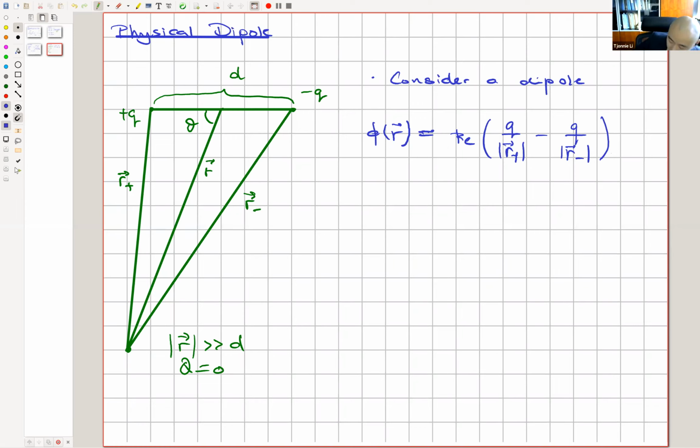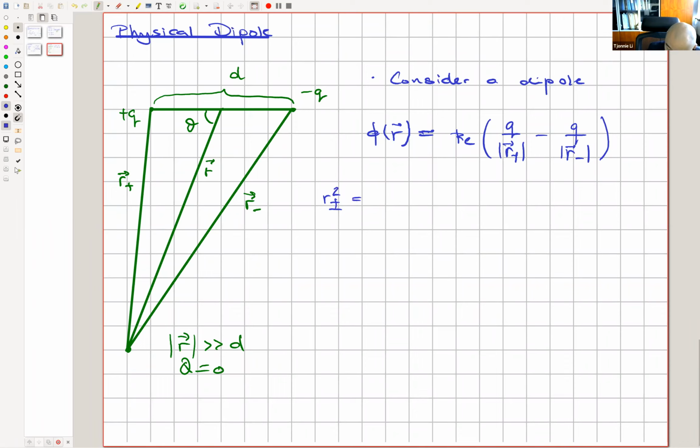We want to have an expression in terms of R. Now, it is something that we are able to calculate. Right? If I define this theta over there, then indeed I can use the cosine law to express things in terms of R itself. So in this case, R, and I'm just going to express this as plus and minus,